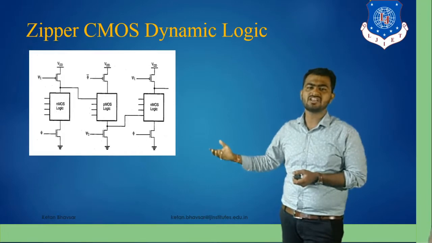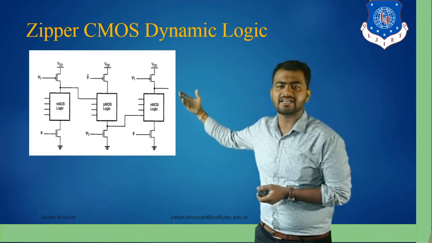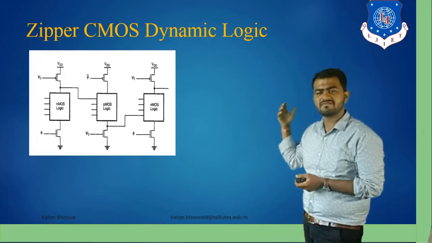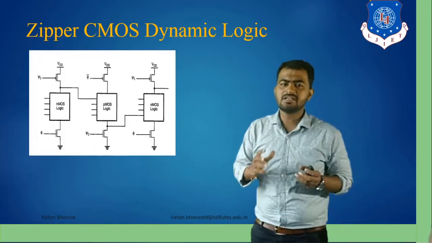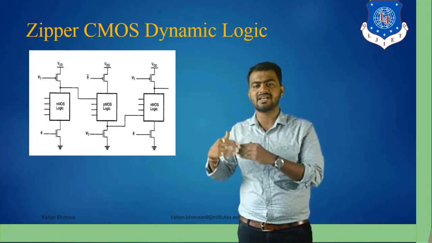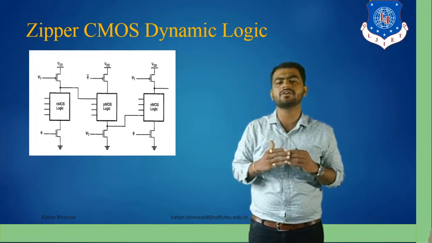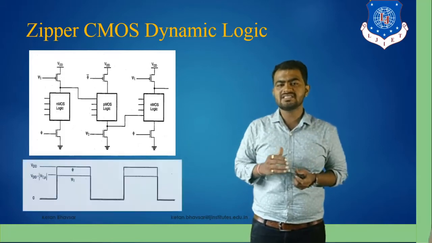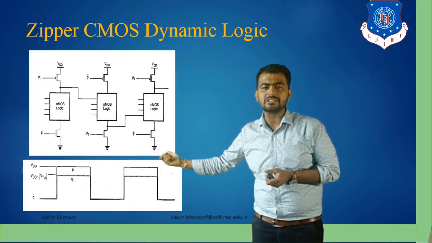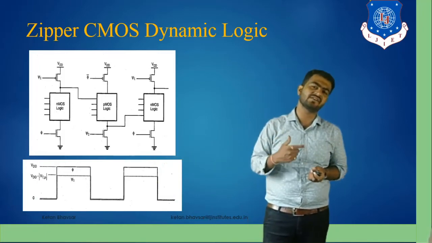So ultimately, when we are talking about connection establishment, we are connected with the AND logic block, then the P logic block, then the AND logic block, then again the P logic block. Ultimately, in this particular logic configuration, we are driving PMOS circuits and NMOS circuits with the help of combinational blocks. So in the zipper circuit, you can see that we are getting a slightly better answer as compared to the other types of logic family configuration circuits.